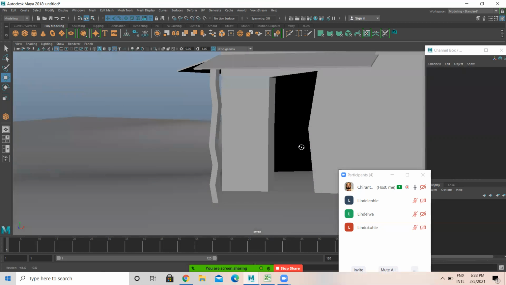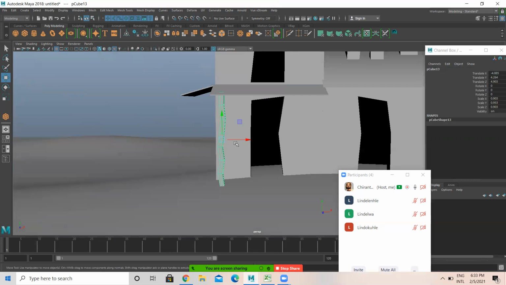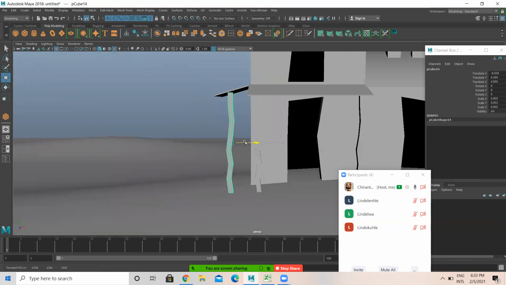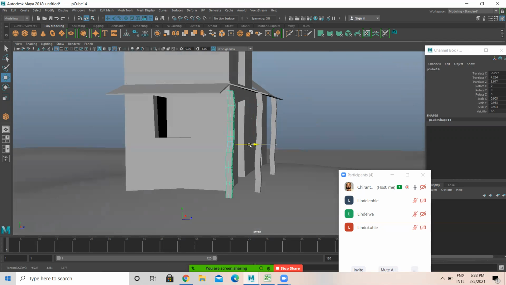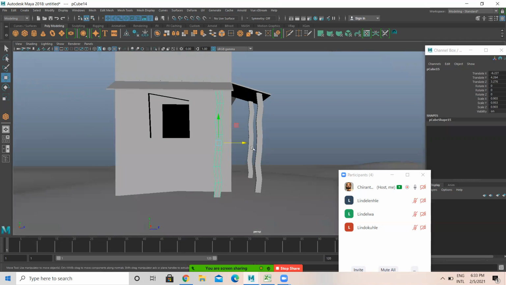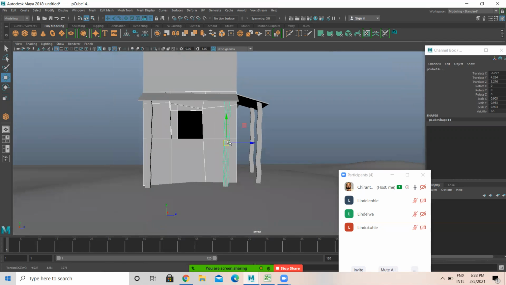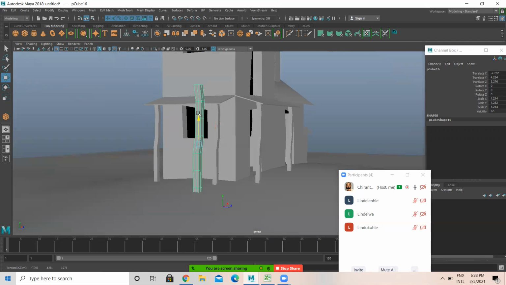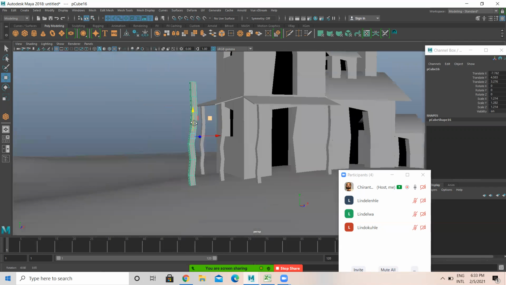Okay, like this. Then what I'll do, I duplicate this and I place one here. Then I duplicate this, I'm gonna place one here. And I duplicate this, I'm gonna place one here. Then after this, I duplicate this. I'm gonna make it a bit bigger. Bring it outside here. Lift it up like this.